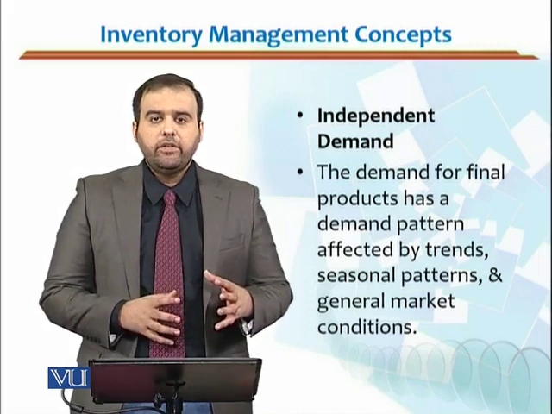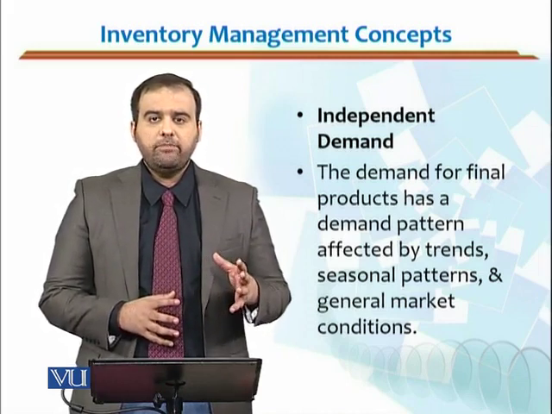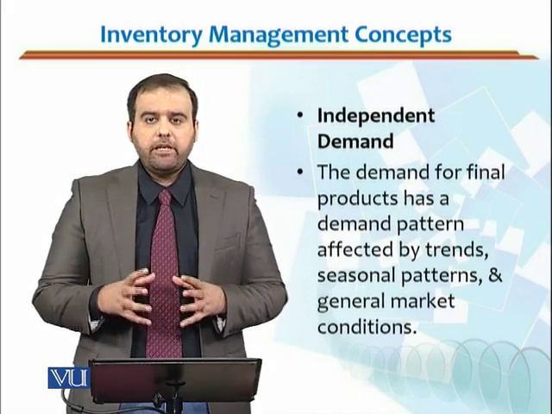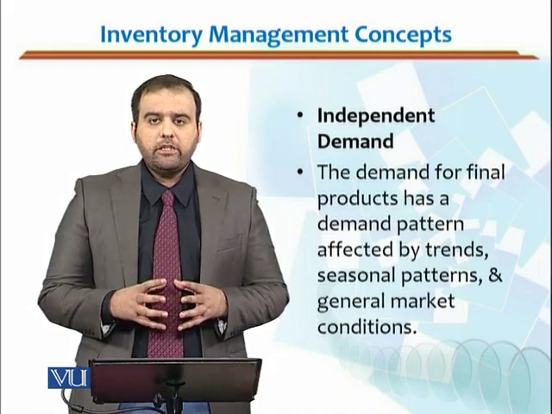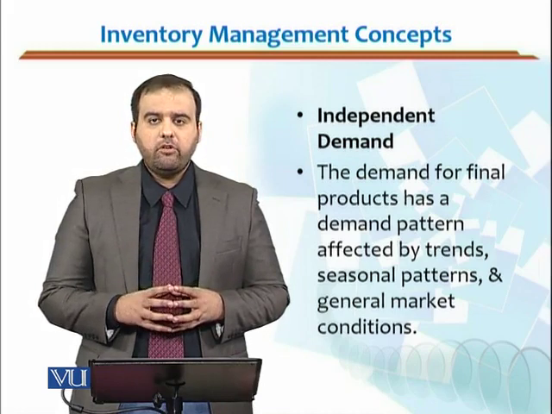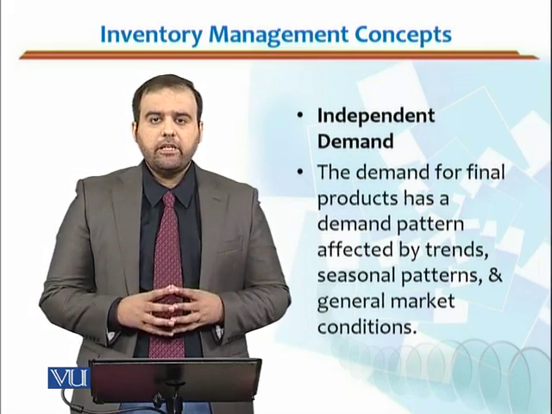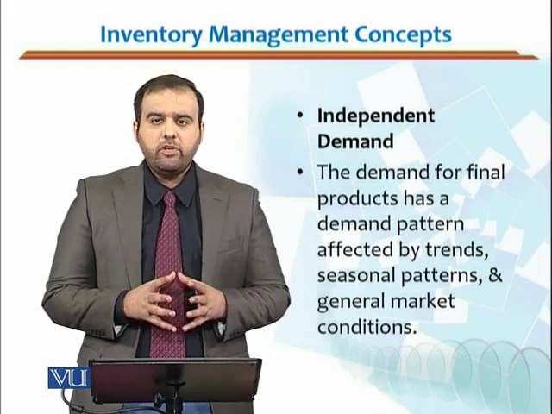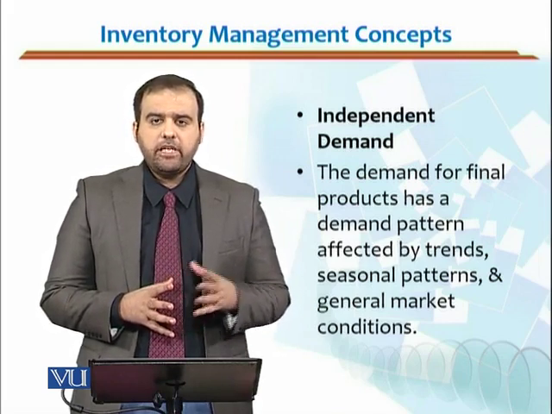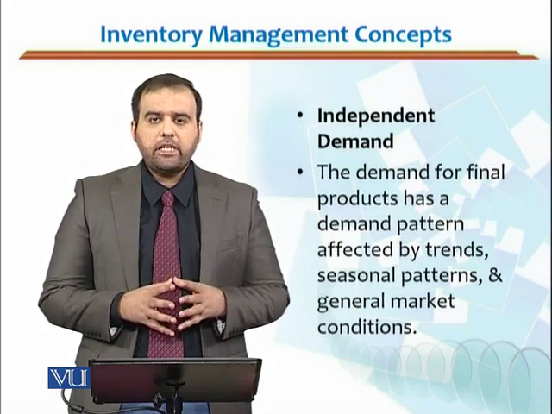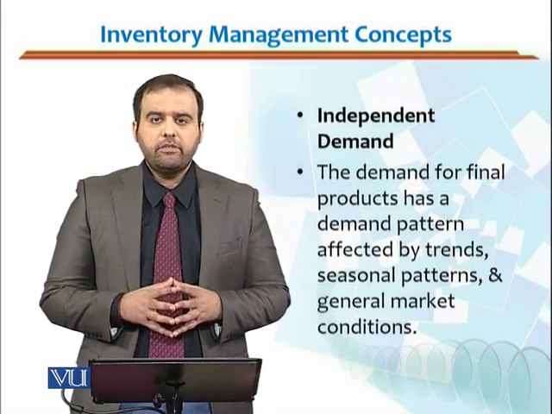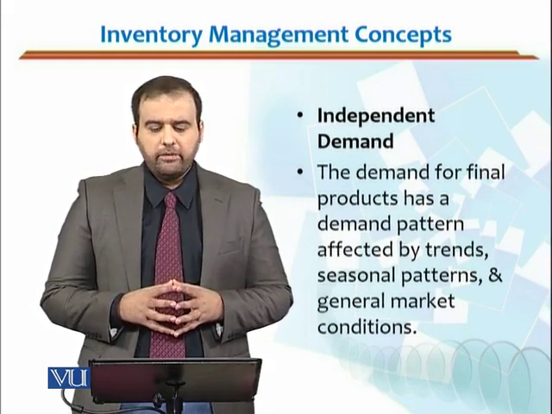Whenever you say that you are going to have independent inventory models based on independent demand, you are assuming that you can forecast it, and forecasting or estimating demand would be done on that history. How would the demand patterns come to you? That means you would have some history of that item with you. And when does that history come? That means that item, or something similar to it, has been in the market for some time. Then you would be able to estimate the demand.